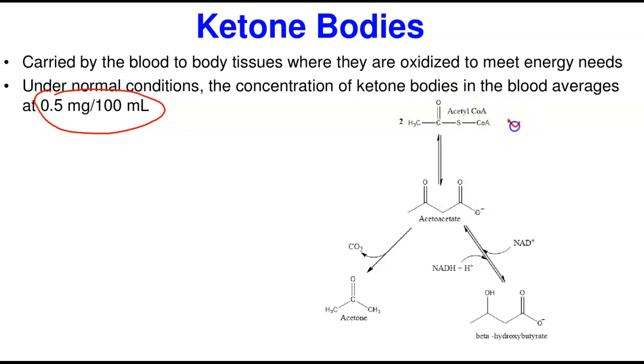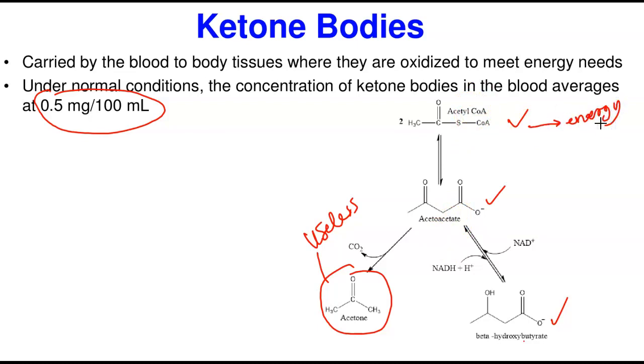Now, when there is too much acetyl-CoA, it is channeled to the synthesis of these three molecules, the ketone bodies: acetoacetate, beta-hydroxybutyrate, which is formed from acetoacetate, and acetone, which is also formed from acetoacetate. Now, acetone is useless, it has no use. Again, it can only go out through the breath. However, beta-hydroxybutyrate can be interconverted to acetoacetate, and acetoacetate can be converted back to acetyl-CoA, and acetyl-CoA can now be used for what? Energy for those cells that need it.